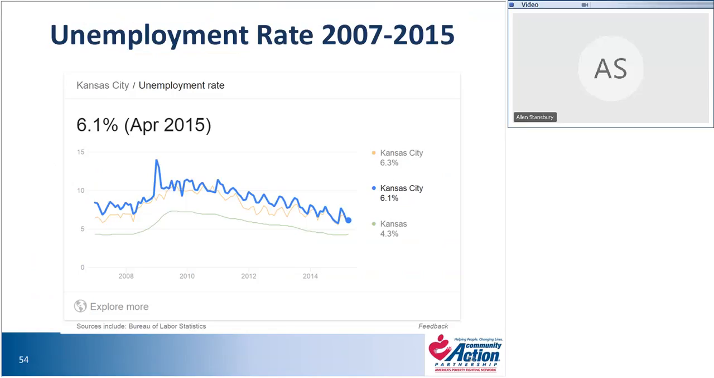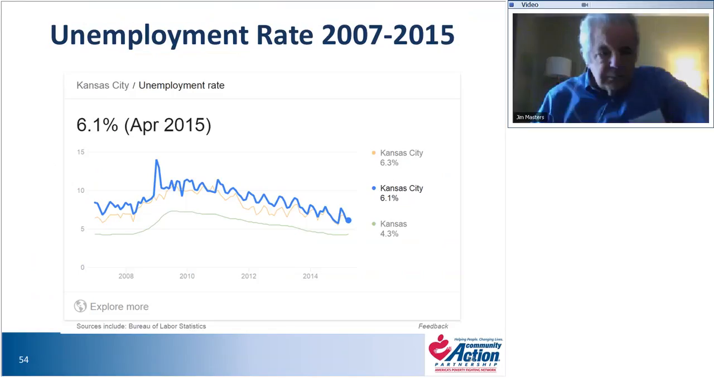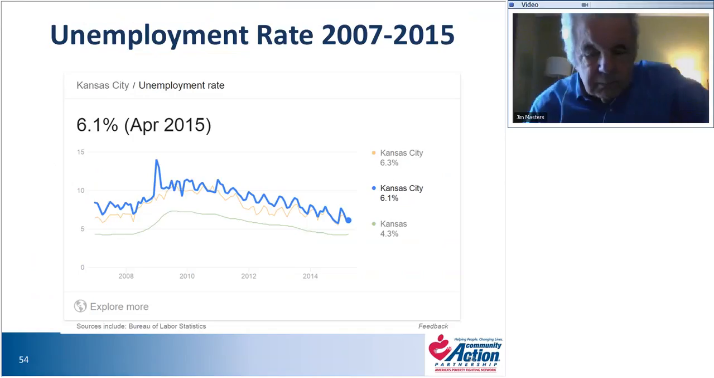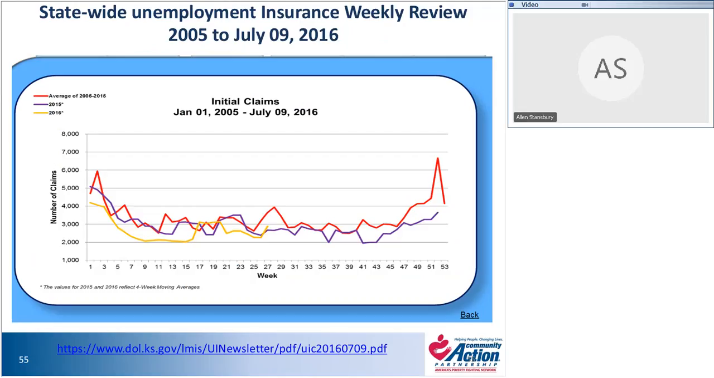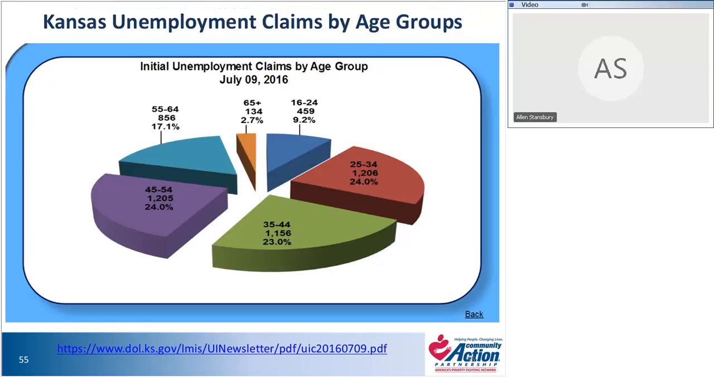Here's the unemployment rate for April 2015, going back to 2007. And you can see the peak was around 2009 for Kansas City. I'm going on here. Here's the statewide unemployment insurance weekly review and initial claims being made. You can see this good information when you're putting together your community assessment, especially when it comes to unemployment insurance claims. Here's a breakout by age group,